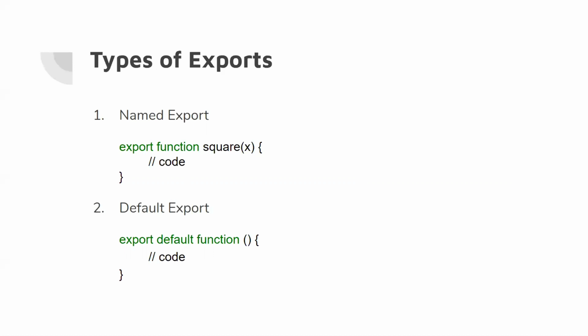But with default export, the entire module will have only one default export. While importing into another module, you can change the name. You can give some other name, an alias name, and import it. So don't be confused guys. In the next example section, it will all be clear with the module concept.